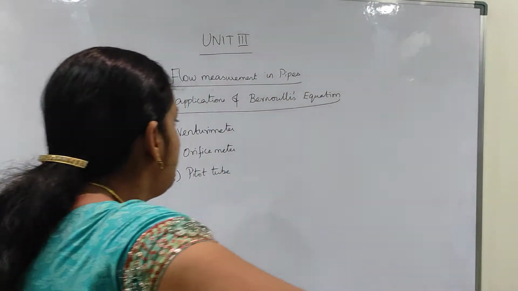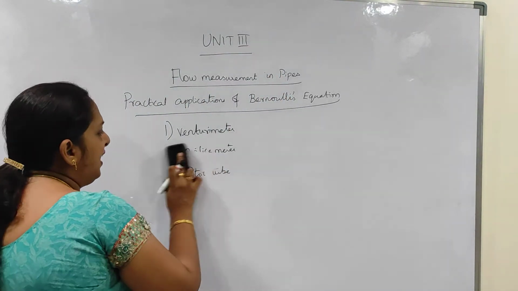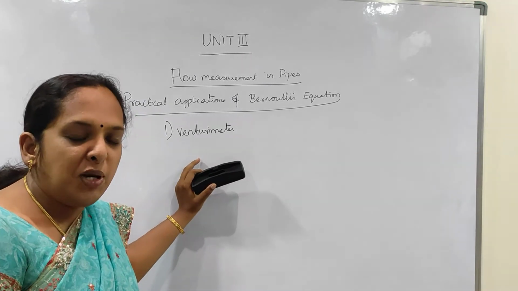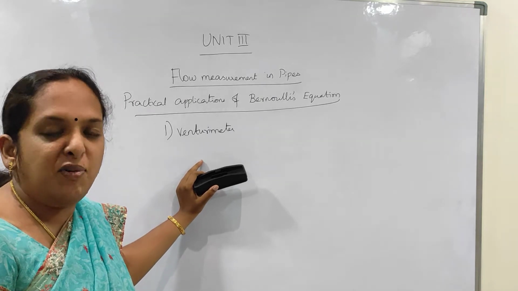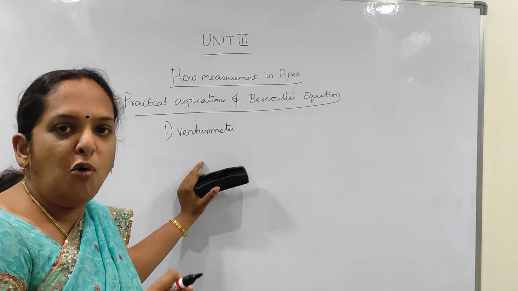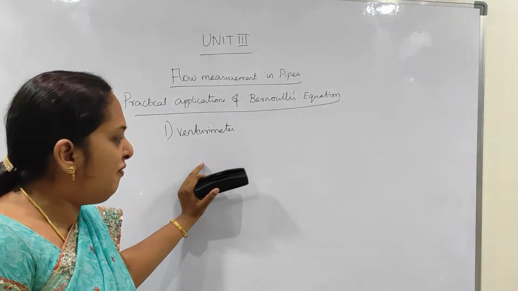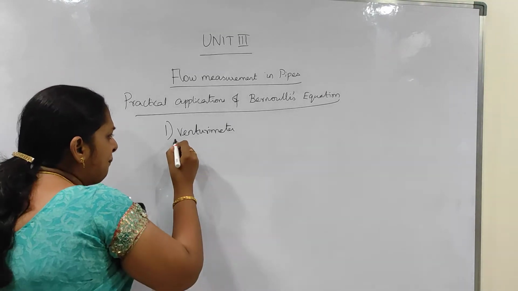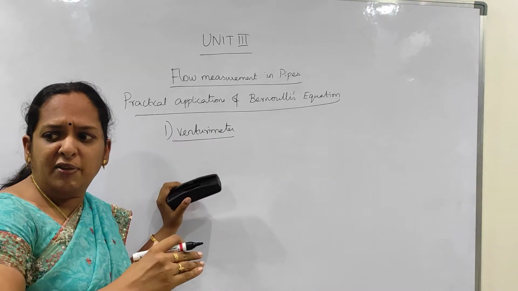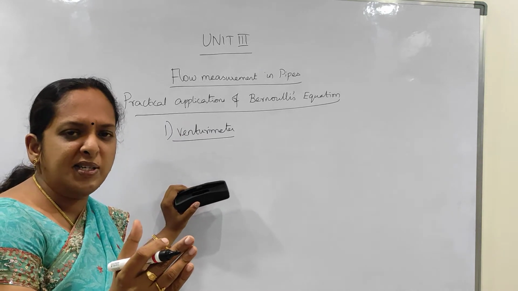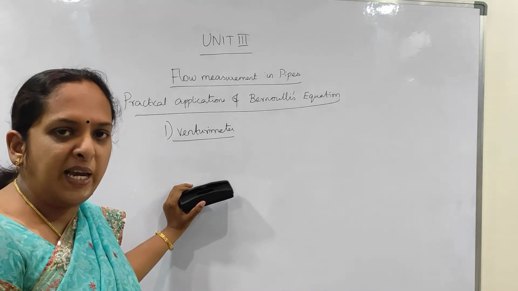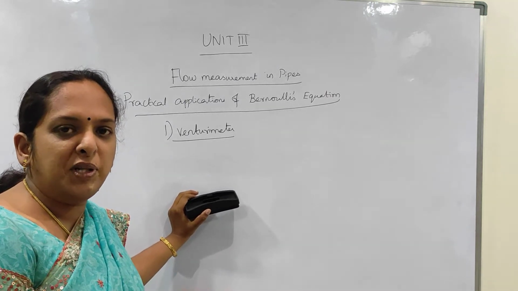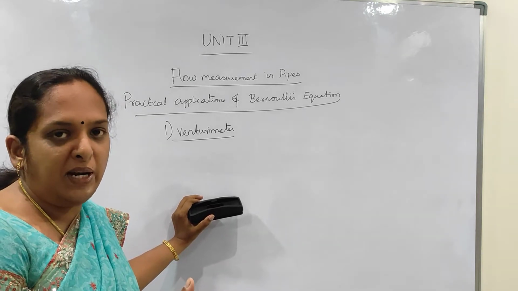Now let's see what this venturi meter is and what the equation is to derive the rate of flow. As I already said, the venturi meter is a measuring device used to measure the rate of flow of a fluid in a particular pipe. We have different types: vertical venturi meters and inclined venturi meters. But the basic concept is the same. It is based upon the principle of Bernoulli's equation, where we measure the rate of flow of the fluid in a particular section.